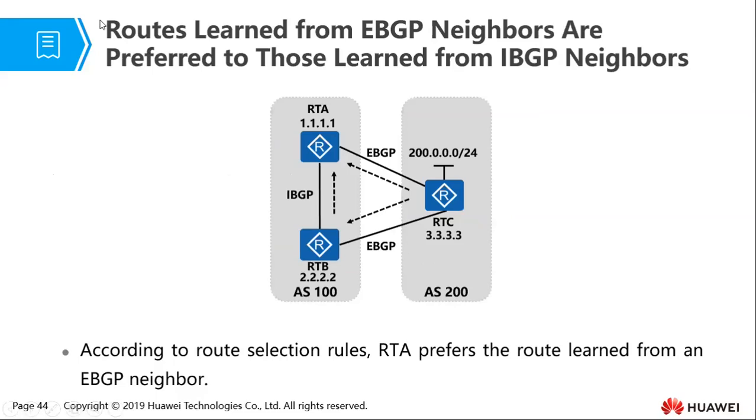So routes learned from EBGP neighbors are preferred. You remember we talked about this when we were talking about the route selection rules. So let's see